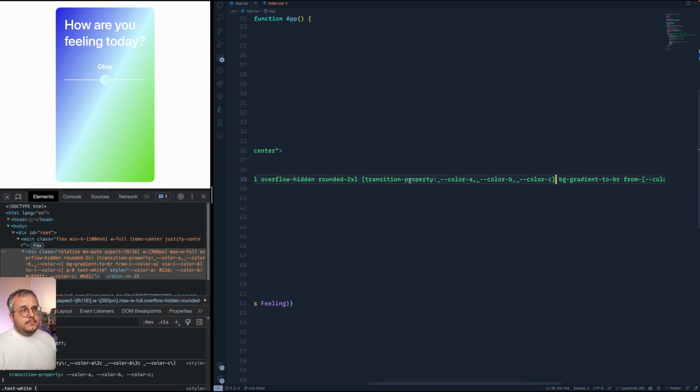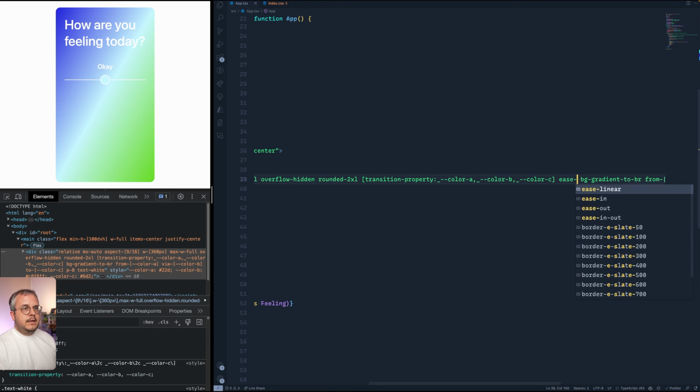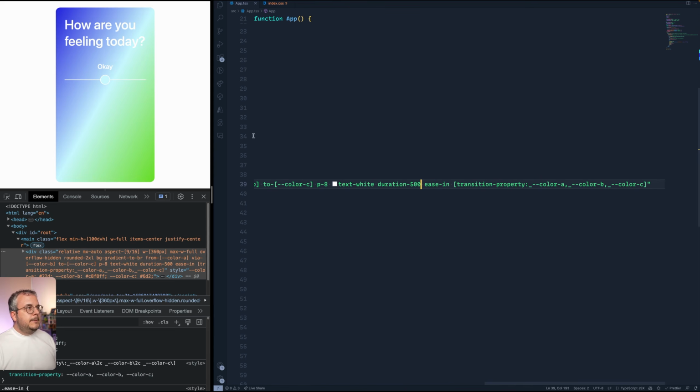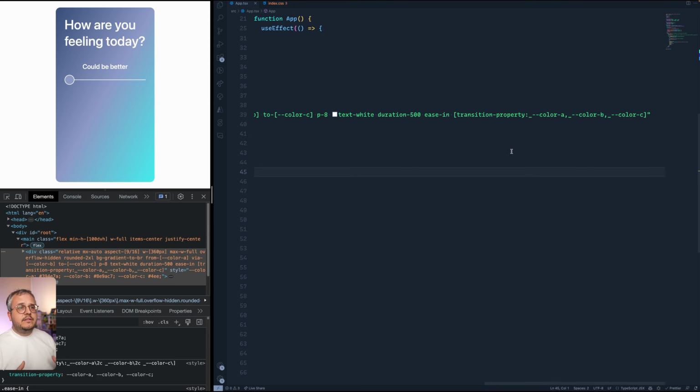However, because we're now only specifying transition property, we also need to add our own duration and easing. So we can still add ease-in as well as a duration of 500. So we have the transition property, but also the easing and the duration, so everything animates. However, I just hit save, so everything moved to the end here. It still won't work. And that is again because your browser doesn't know how to animate CSS variables. And there is the new thing that comes in here. And that new thing is called @property. And that helps you define almost the types of a specific CSS variable.